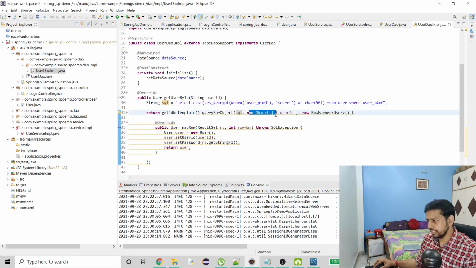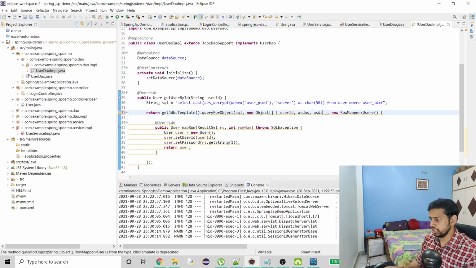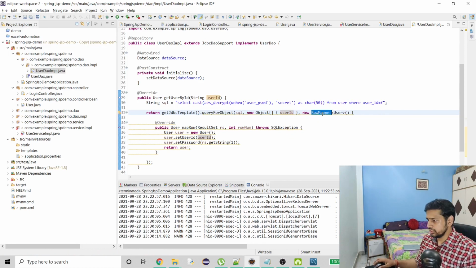We create a new object array, and in the order of the question marks we provide the values, right? So if we had more question marks, we can provide like this, comma, and then like this, comma, and then like this. So for now we just need this, and this row mapper is being used to map columns to